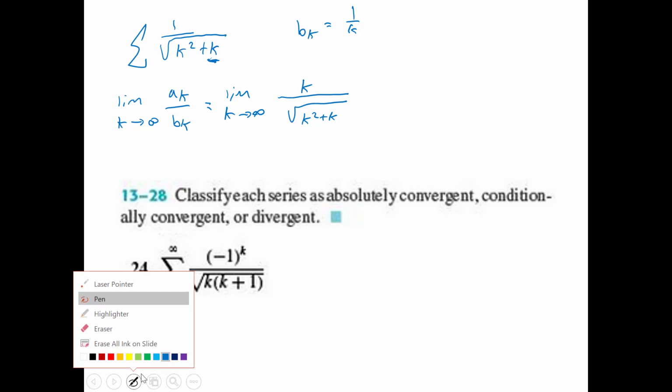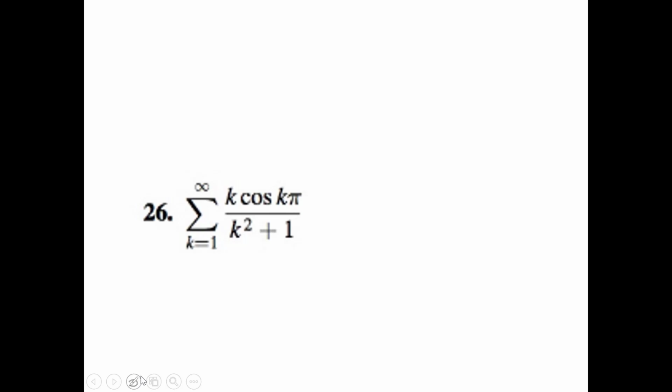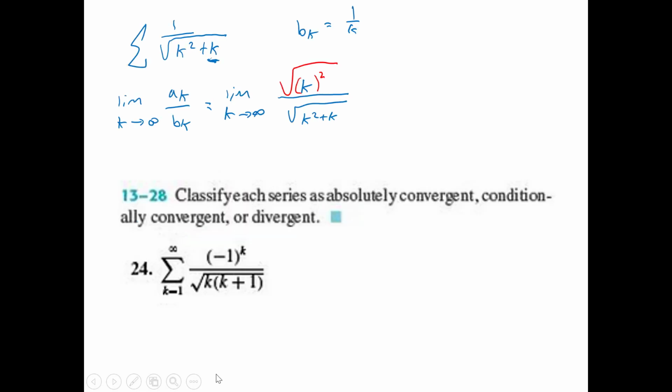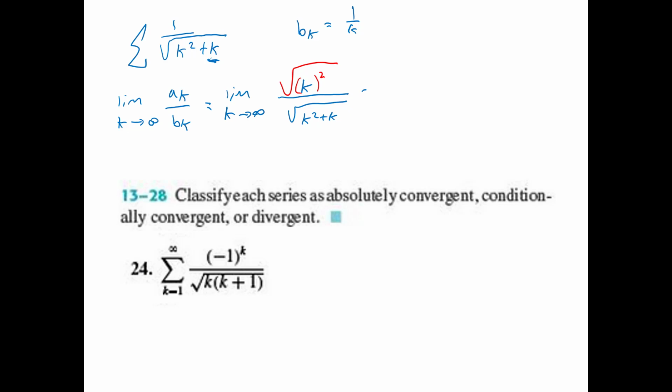We can square it and then square root it, and so we haven't changed the problem. And so then this becomes the limit as k goes off to infinity of,